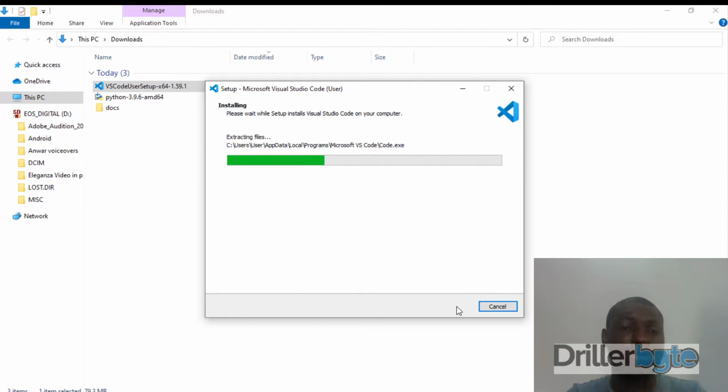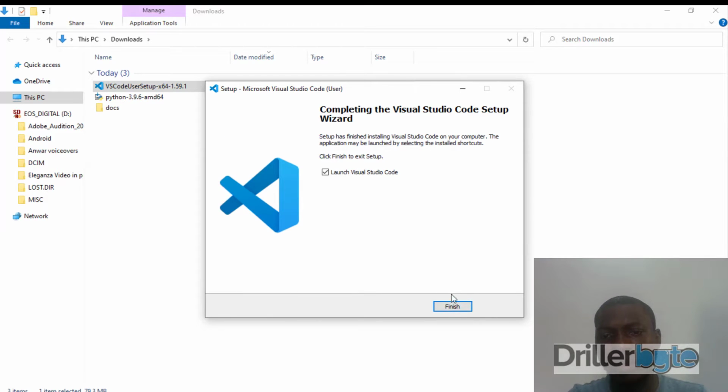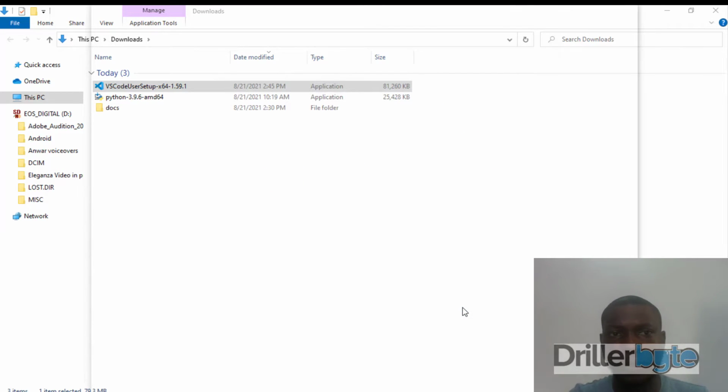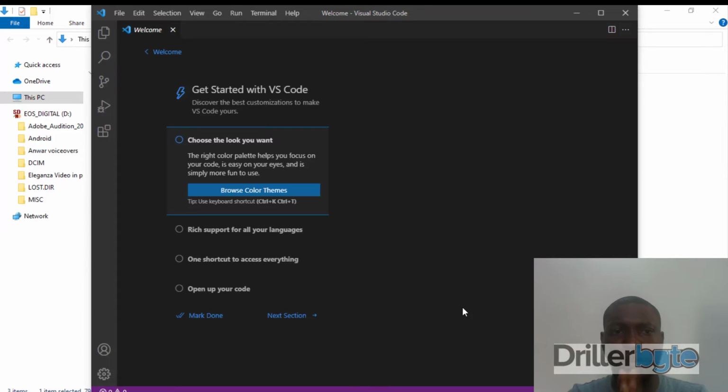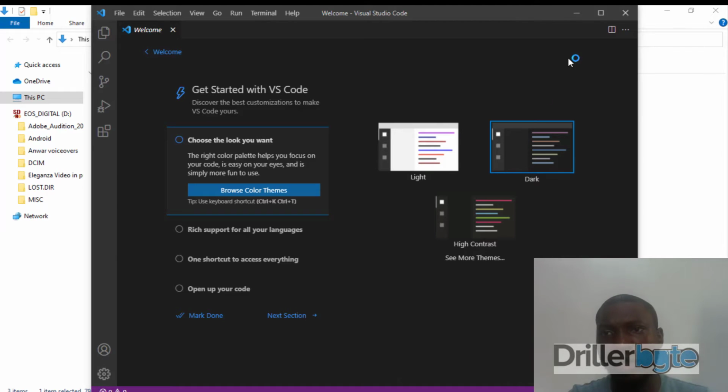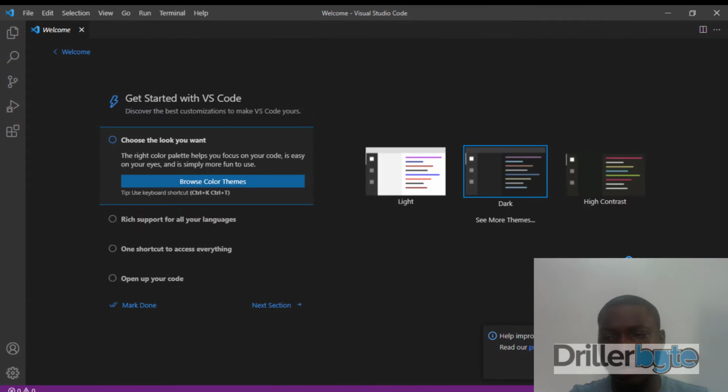I'm going to teach you some Visual Studio Code settings and how you can easily install plugins on Visual Studio Code to expand the functionality of the IDE. Okay, so I'm going to launch Visual Studio Code. All right, and voila, so I have Visual Studio Code installed, everything working very fine. I can start writing my Python